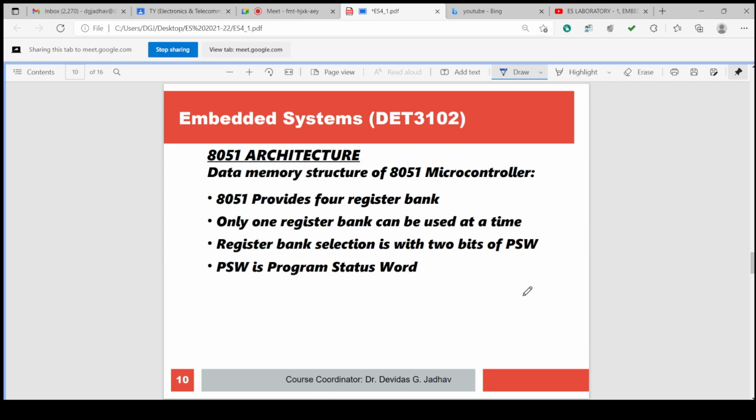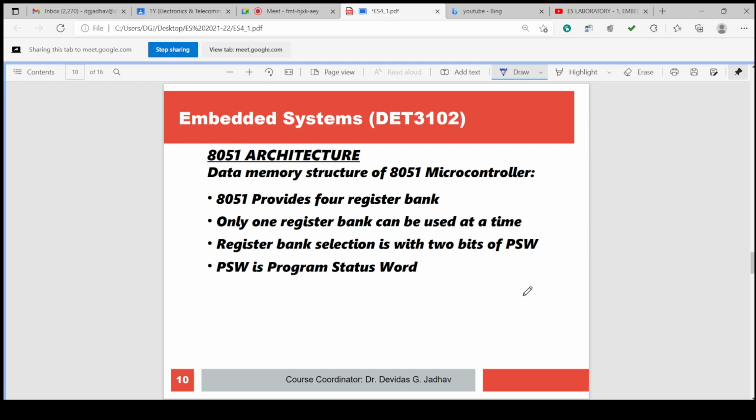The 8051 provides 4 register banks, and each bank has 8 registers. The first register bank has 8 registers, the second has 8, the third has 8, and the fourth has 8. A total of 32 registers are there.